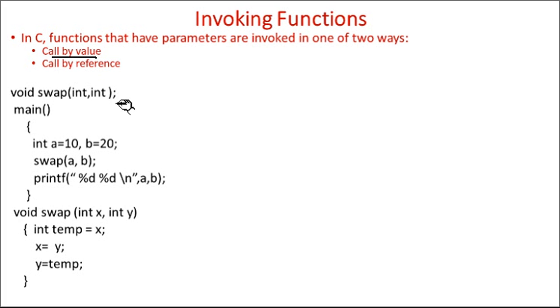Before that, see this first part is call by value. In this case, the first line of this code where we need to swap numbers, that is a and b, having the values a equal to 10 and b equal to 20. We will see how this particular code is responsible for case number 1, that is call by value.